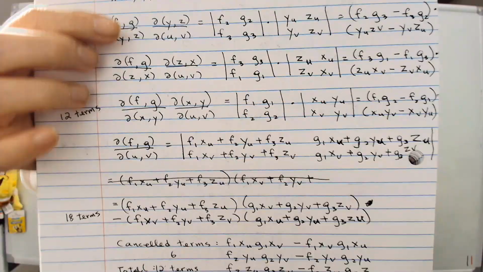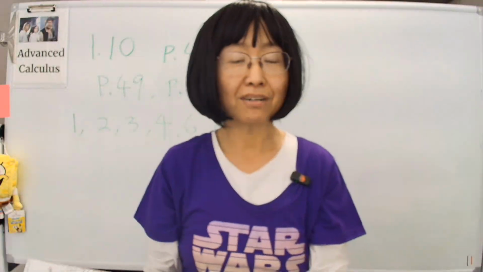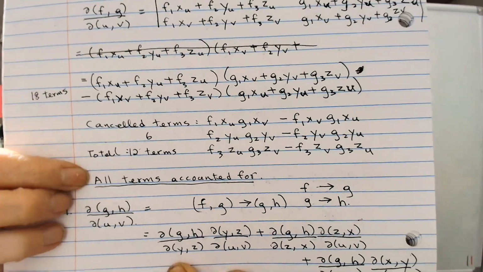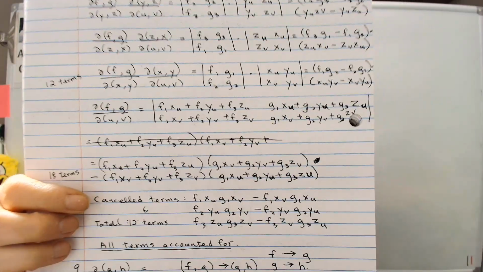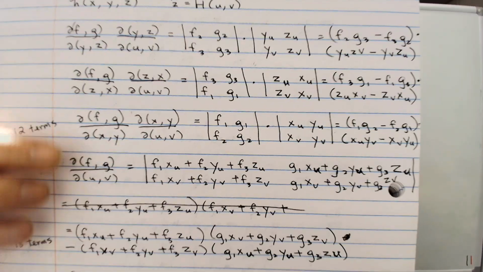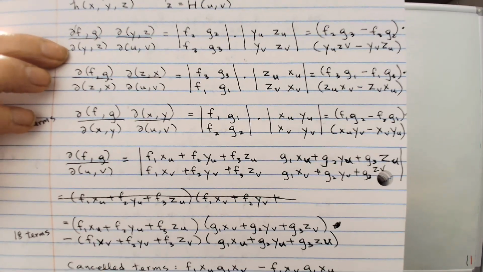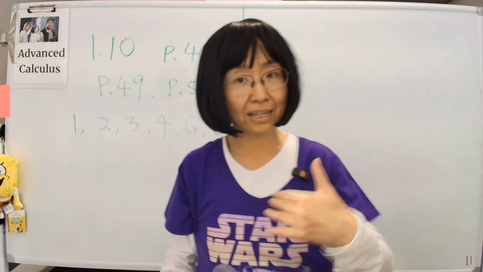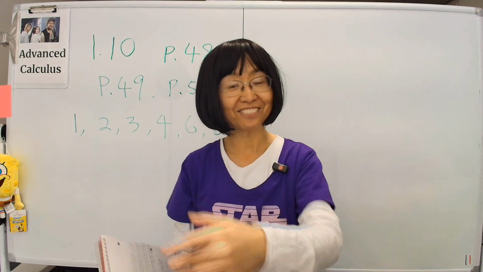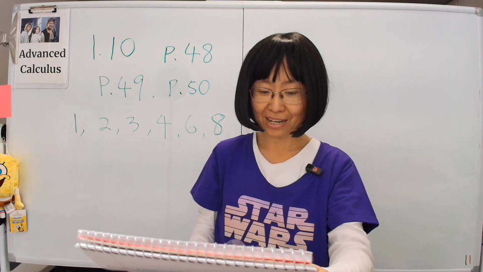So what I did is I checked each term in here that wasn't canceled out against the terms here. And then I was able to confirm, as I say right here, even though I didn't write it out, all terms accounted for. That is, you check this part against this, and except for the ones that got canceled out, everything will be equal. They're term by term identical. Each one you can find the other one in above, and that's why